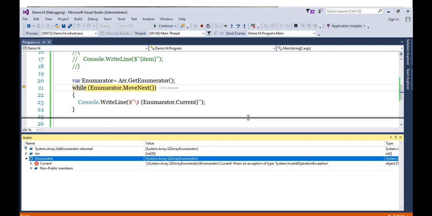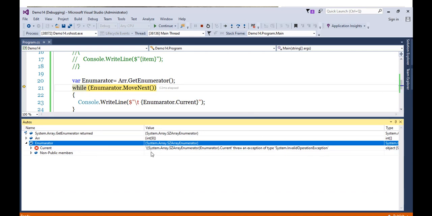Right now Current is not assigned, because I don't think we have executed this.